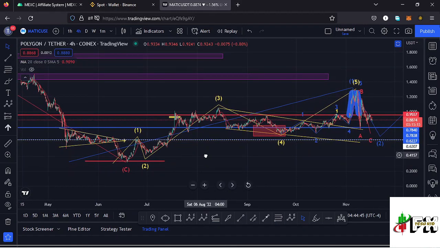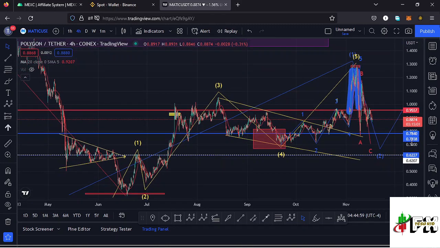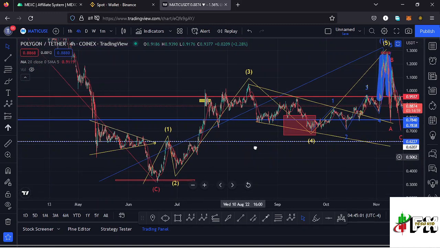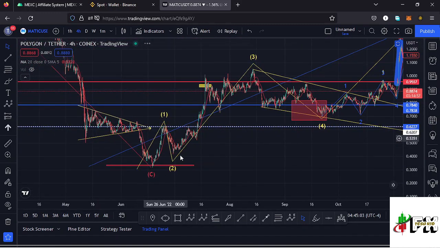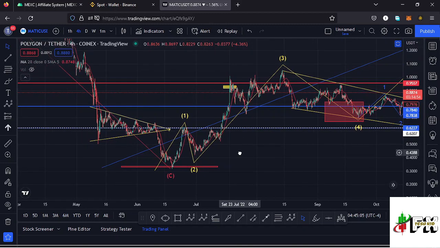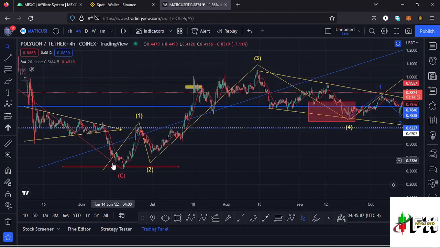Here on the 4-hour chart you can see I have this Elliott wave structure in yellow, which is a fractal wave within that first wave to the upper side, where once we saw the formation of that fifth wave to the upper side, that completed the formation of that higher Elliott wave count 1 to the upper side. And getting a little bit into the details of the formation of this Elliott wave structure, that is that fractal